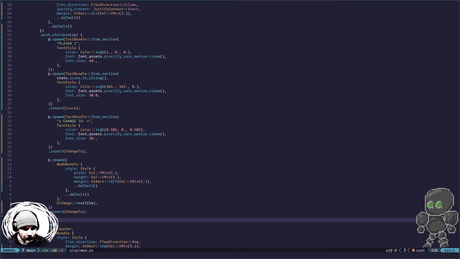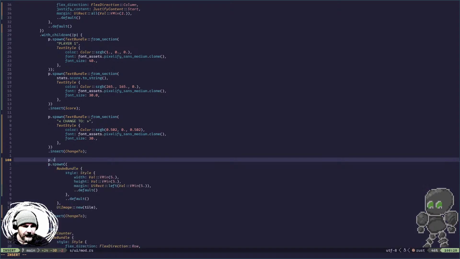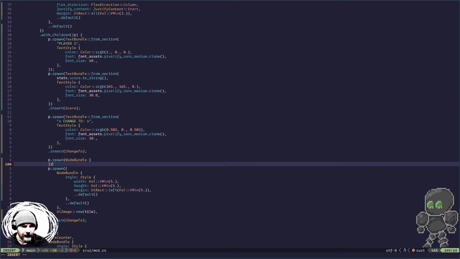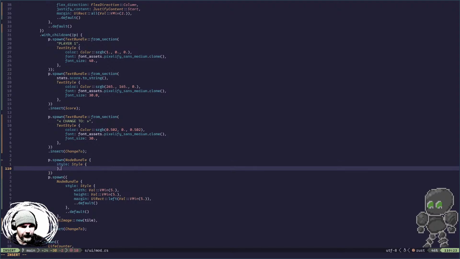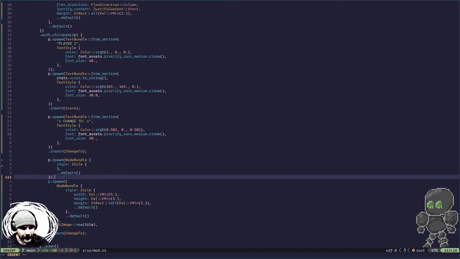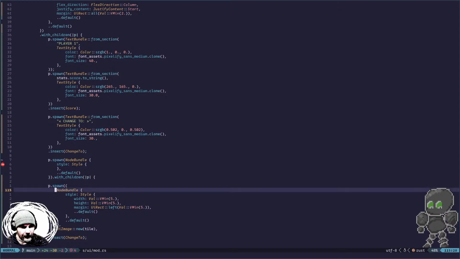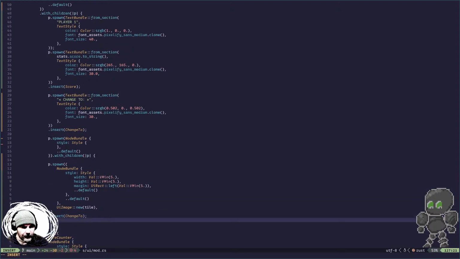I wonder, could we, because we're inserting that as part of a column, well, what we would need is actually a row, right? So we would need p spawn node bundle style default with children p spawn insert change to